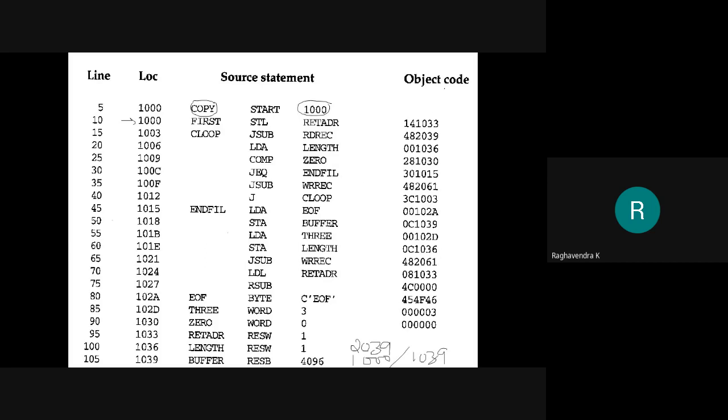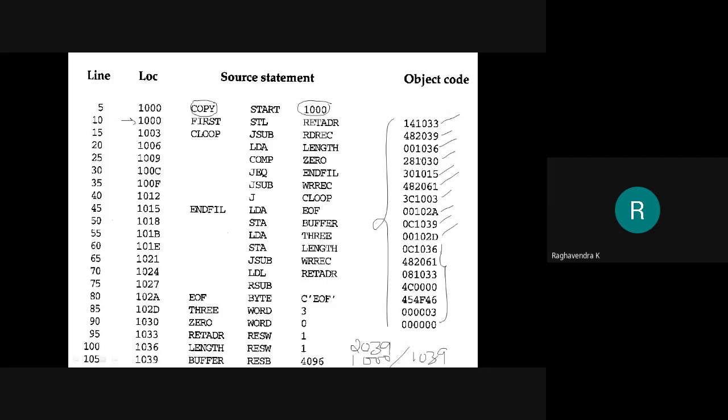So this is the object code that we have generated. 1, 2, 3, 4, 5, 6, 7, 8, 9 and 10. So these instructions will go in one of my text records, and the next part will go in another text record.